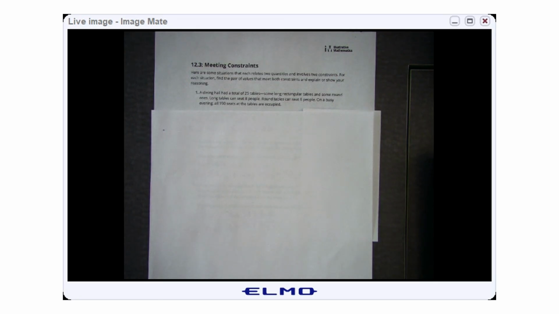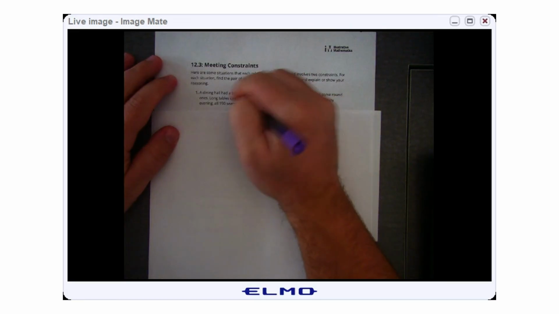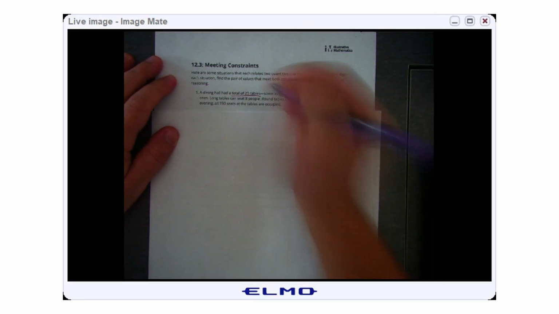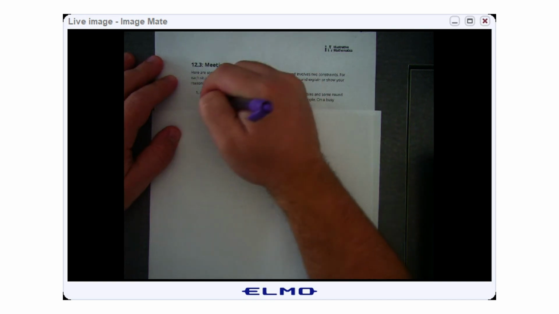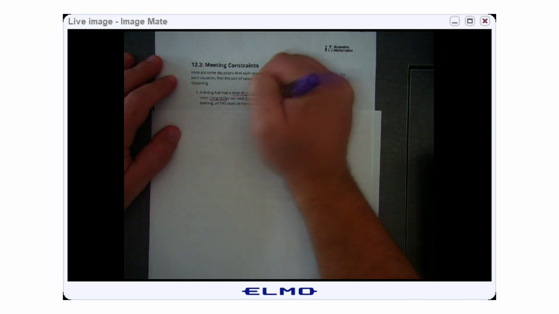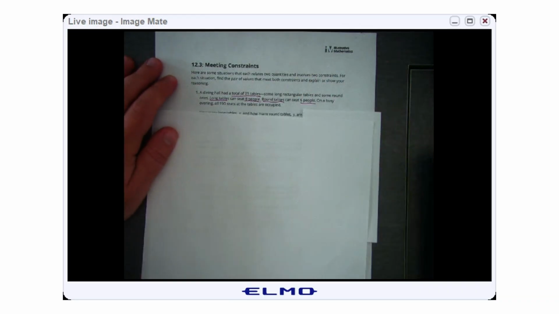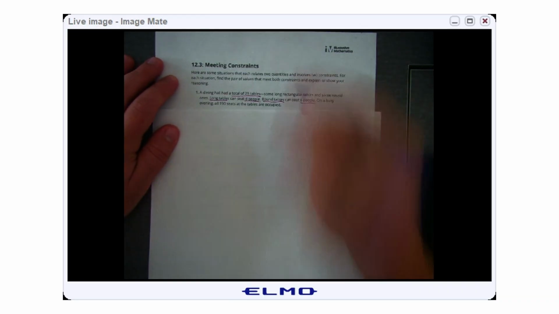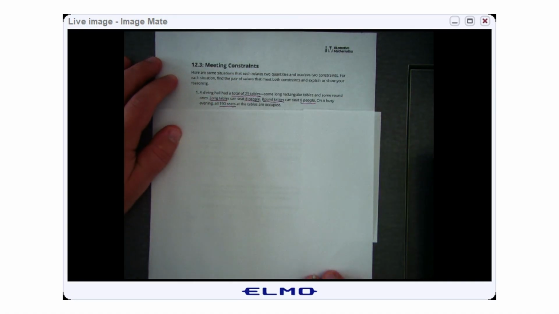So it says a dining hall had a total of 25 tables. So that's important. Total 25 tables. And it says some long rectangular tables and some round ones. Long tables can seat 8 people. Round tables can seat 6 people. So again, important info. And then it also says on a busy evening, 190 seats for all the tables were